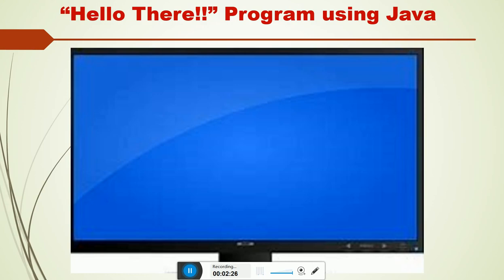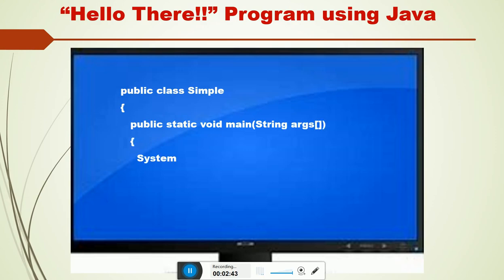You created a class named simple. Inside that you have created one method, that is the main method, where you want to output hello there using system.out.println. Actually, this code which you have right now on screen is called Java source code.